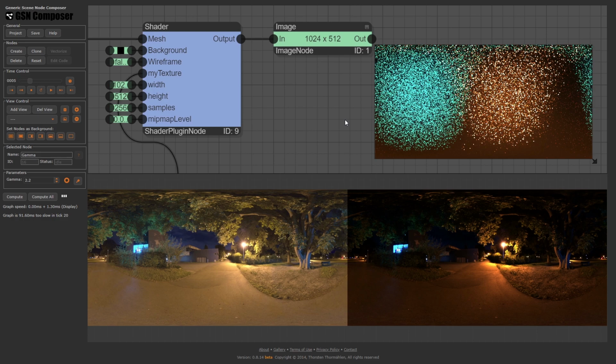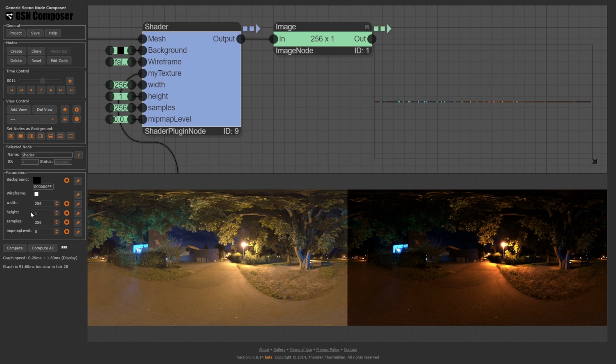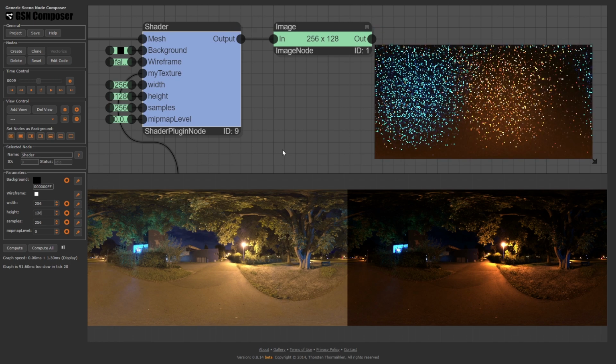One way to reduce the noise is to increase the number of samples. But before we do this, let's reduce the output image size. Integrating over the hemisphere produces a very low frequency output, so we can get away with a much lower image resolution. Let's try 256 × 128. The output is still noisy, but we have reduced the overall computational effort.